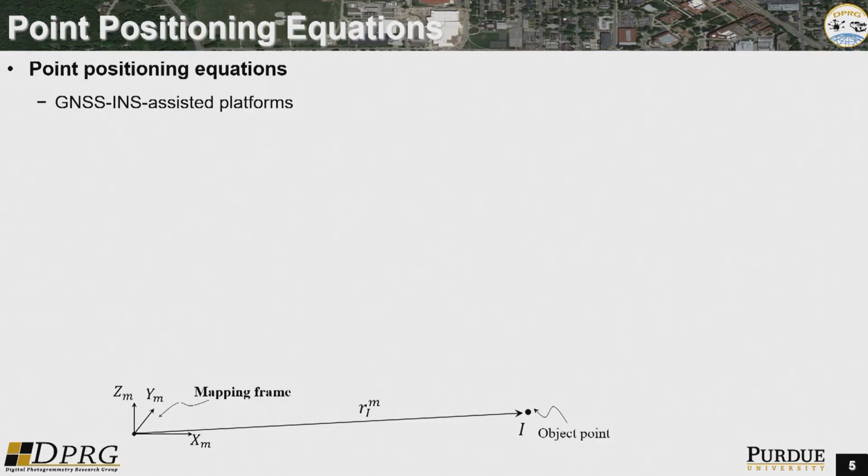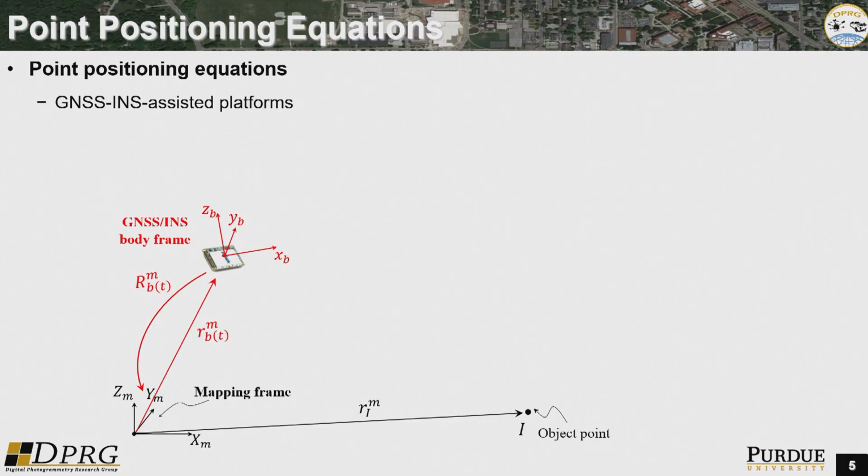So I always like to have one or two equations in each one of my presentations. So this is what we have here. What we are driving at, in the end, is to have the ground coordinates or points on the ground. The very nice thing about GPS INS is that it gives you the position and the orientation of the platform where your sensors or payload are residing. Depending on the quality of your GPS INS unit, the quality of georeferencing, or the position and the orientation of the platform, will differ.